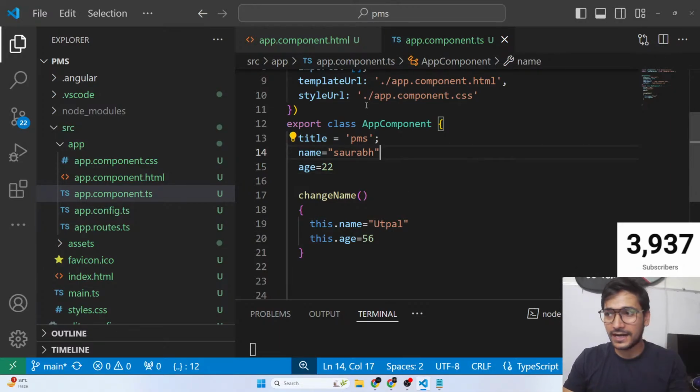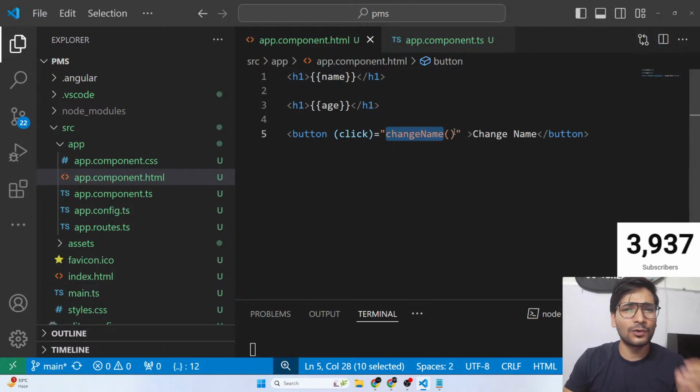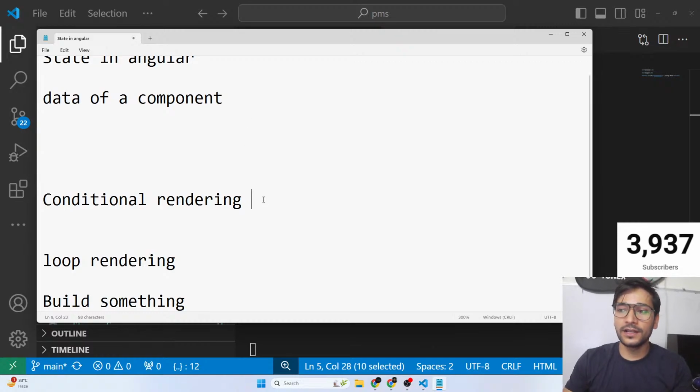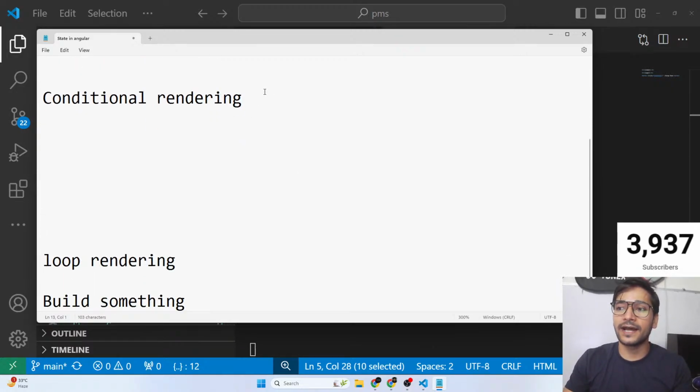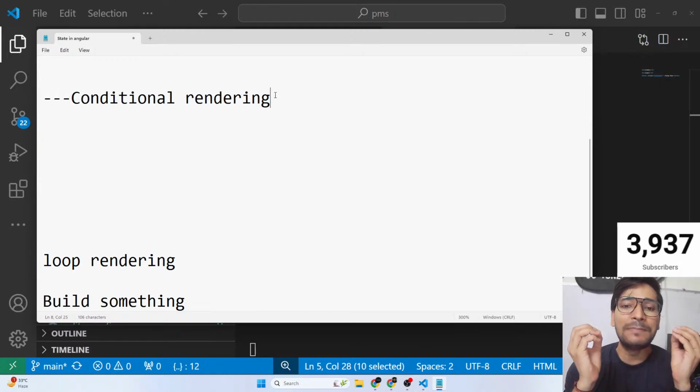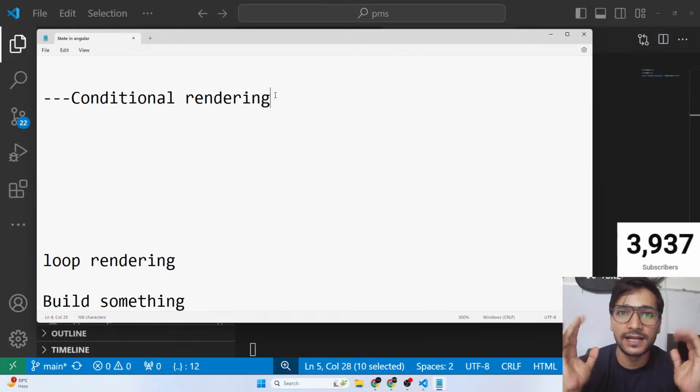And what we'll do for that is very simple. I want to create a very, very simple example. So the next thing that we are learning is, so this is done. Now let's go ahead and talk about something called conditional rendering. Okay, so right now we are talking about this. So let me just highlight it. Okay, conditional rendering. So first of all, what is the meaning of conditional rendering?